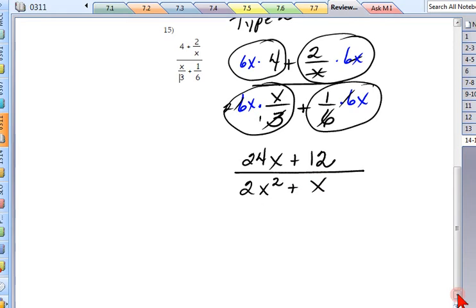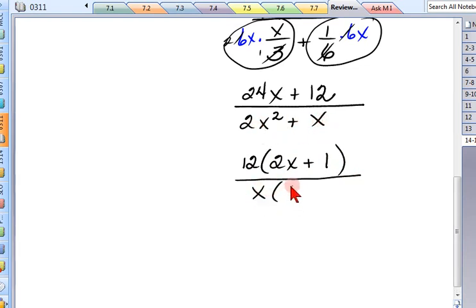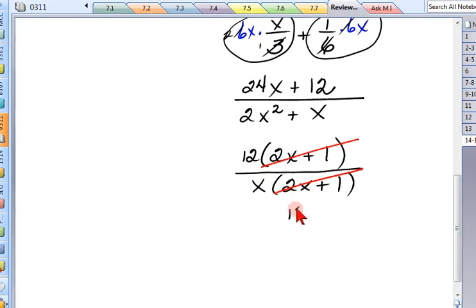Do you think I can factor and therefore reduce? Let's look at the top. What could I do up here? 12 is a common factor. It's 12 times 2x plus 1 over, what's the common factor down here? X, and it's x times 2x plus 1. Oh, that was nice. 2x plus 1, 2x plus 1 is the common factor. That leaves you with